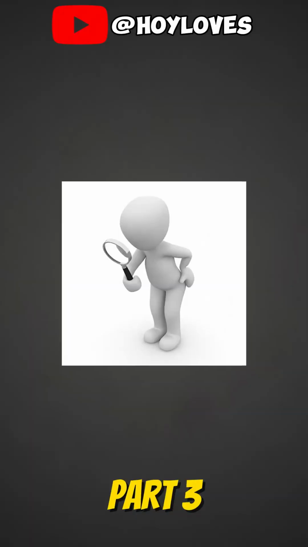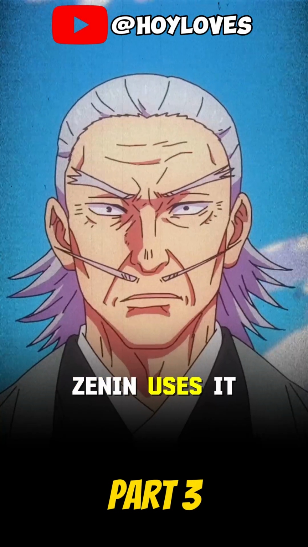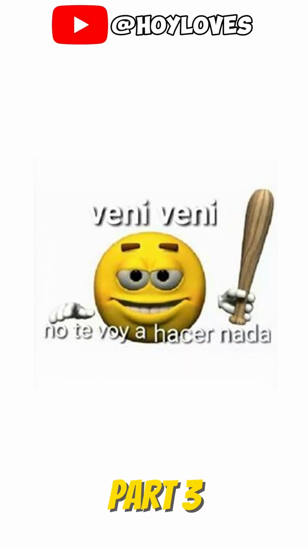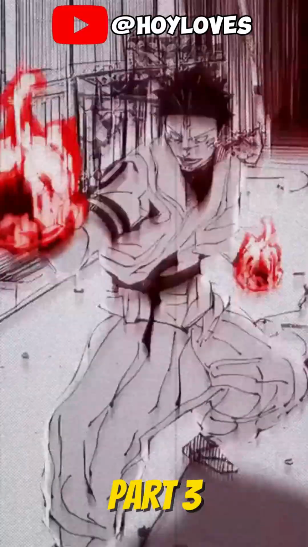reducing its impact. The technique first appears in chapter 108 of the manga, corresponding to episode 38 of the anime, when Nobito Zenin uses it to repel Dagon's Shikigami inside his domain. Later on, we also see it used offensively by Ogi Zenin, who coats his sword in this cursed energy to attack Maki. Even in the final arc of the series, Gojo relies on this technique to withstand the effects of